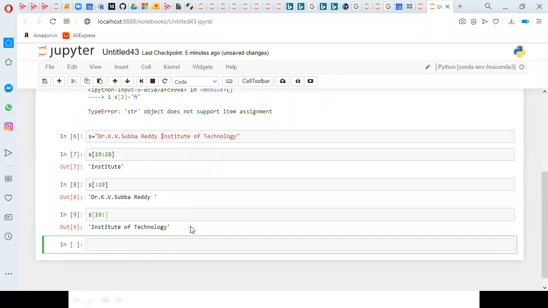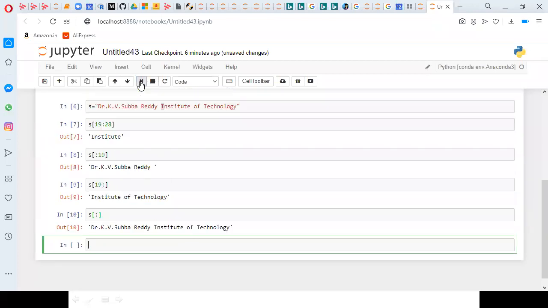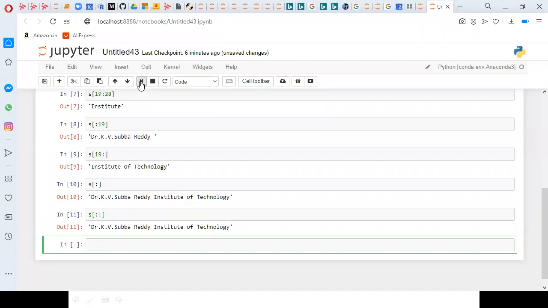So in slicing there are 3 parts, and all 3 parts are optional. If I mention nothing, just a colon, then it will take the total string. Even 2 colons also. If I want to pick only even characters, then start is optional, colon, stop is optional, colon, step.